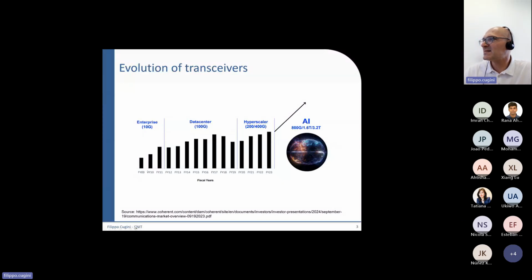In the past years, there was a development of 10G systems and then 100G systems, and now the hyperscalers are moving to 400G, and we have already surpassed that.